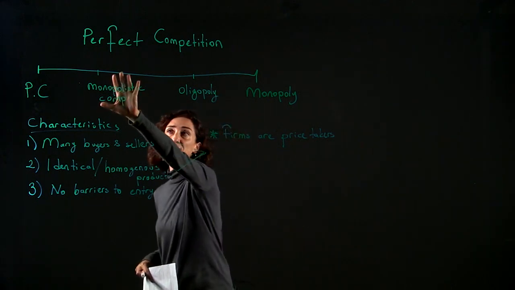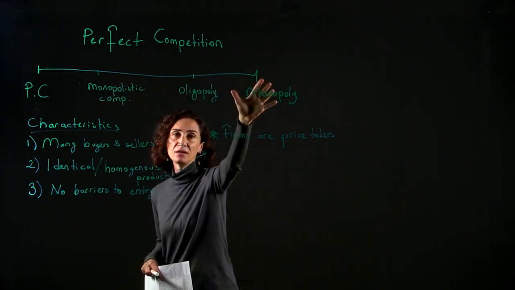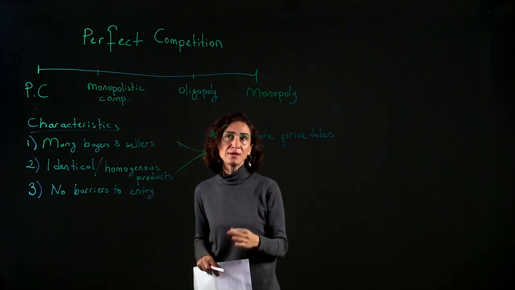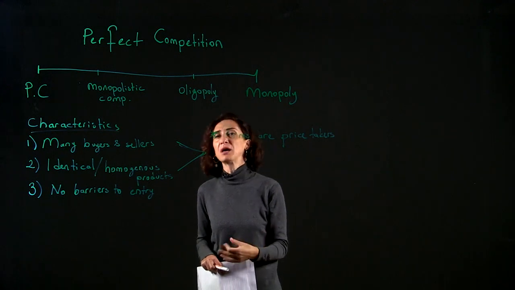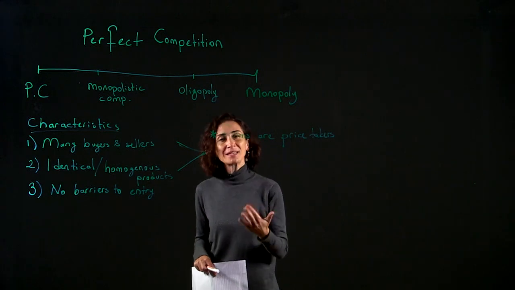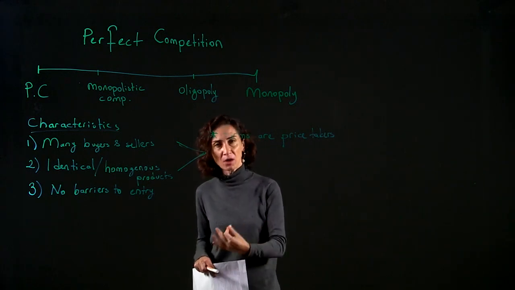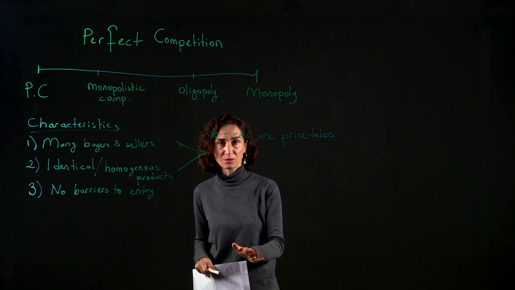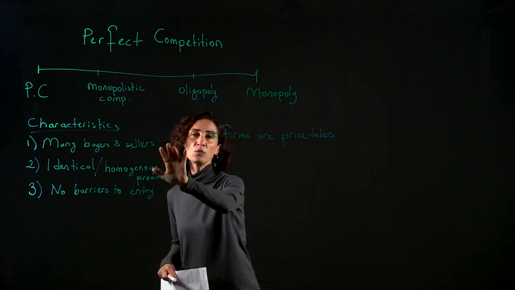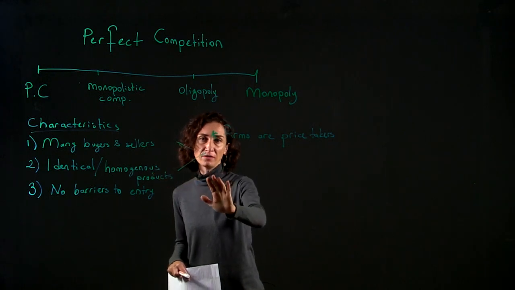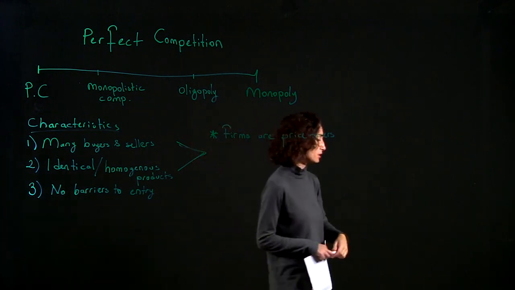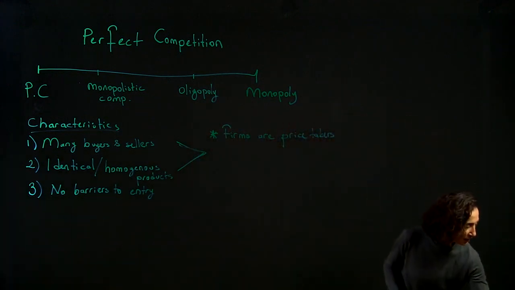Again, later we will see firms here, here, and here. They have some sort of market power. They are price makers. What do we mean by price makers? They cannot choose any price they want, but they can have a strategy about the price that maximizes their profit, okay? Once you have some market power. But in perfectly competitive markets, no, you don't have such a strategy. Now let me explain why, because this is really, really important.